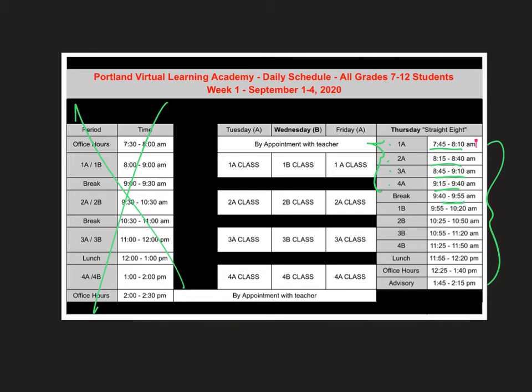Then from 9:40 to 9:55, you have a very nice long break. Then the rest of the day are your B classes, 9:55 to 10:20, 5 minutes in between, just like earlier. After the 4th B class, you're only at 11:50 in the day, at which point we'll take a 5-minute break and then lunch. After lunch, you may have an optional meeting scheduled with a teacher that you might have scheduled